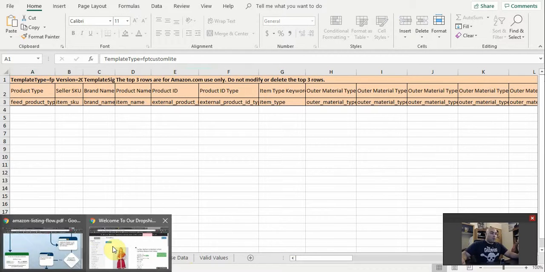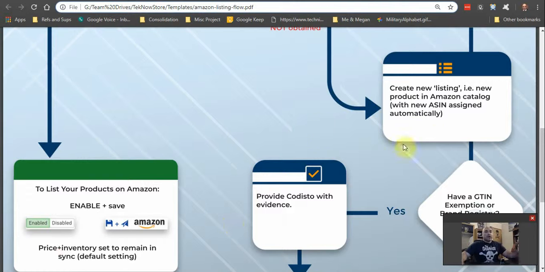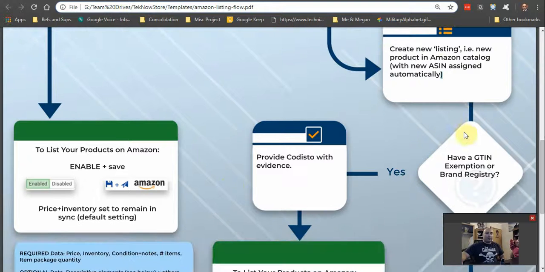Next thing is it turns into a math problem. If I have to manually add this, even if I find a faster way to do it with the spreadsheet, how long is this process going to take me? Can I do a bulk upload into Amazon with their spreadsheet, and is an ASIN number automatically assigned? So that's what we're going to find out. And if that's the case,